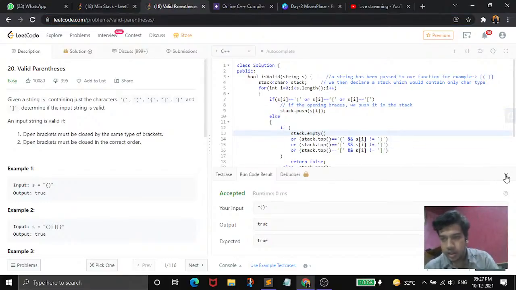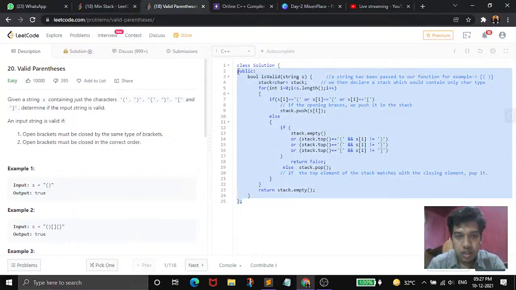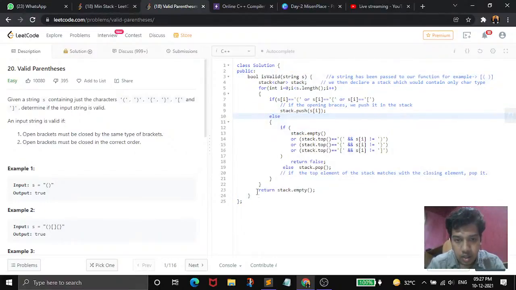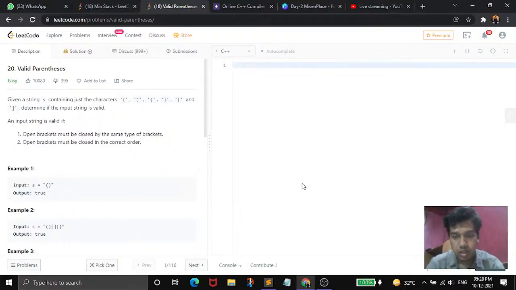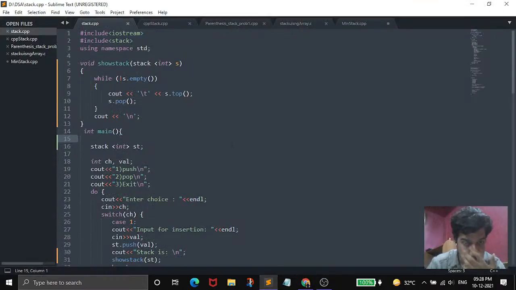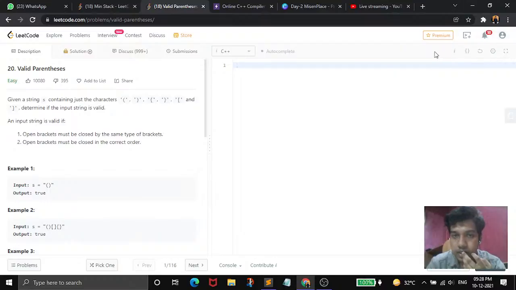Okay, so I already ran this program, so that's why it's displaying this. So let's understand how we are going to make this function. If you are seeing this screen, let me remove this. Yeah, here it is, and let's reset this.